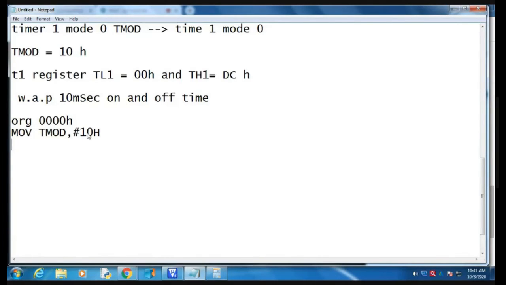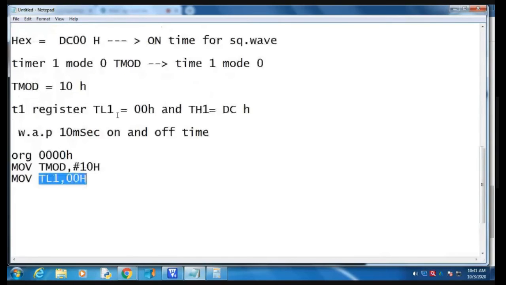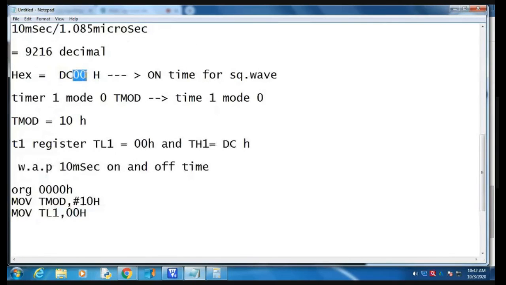Now, what do we have to define? MOV TL1, 00H. Why are we defining TL1 equal to 00H? Because my hexadecimal count lower byte is 00, so I define it into TL1. So MOV TL1, #00H.